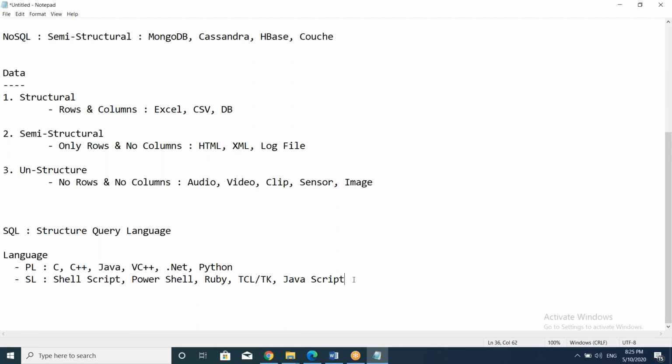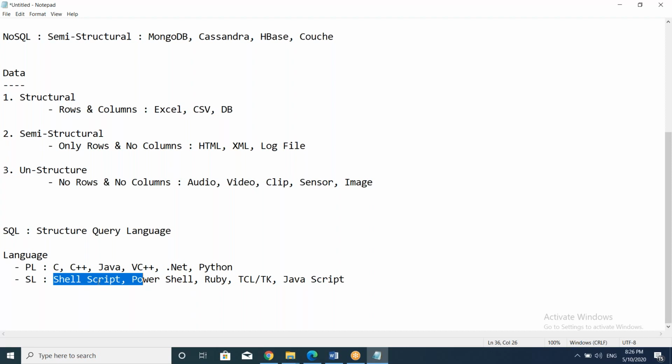And another difference is, declaration is not required in the scripting language. If you are using any programming language, int i, that is for integer, then char c, that is for character. So you have to first declare what type of data you are taking. Then you can mention that a equal to 10 or a equal to abc, a equal to Pune. Without declaring char a, string a, you cannot write that. But here in scripting language, no need of declaration. Directly you can write a equal to 10, and it will understand that it is an integer value, a number value. So those are a few differences.